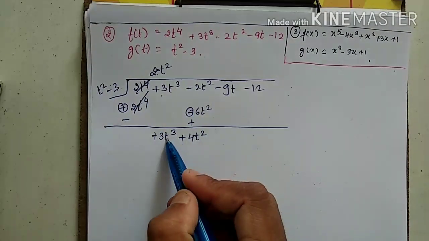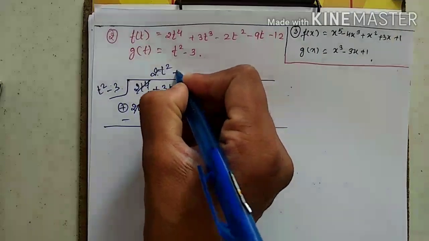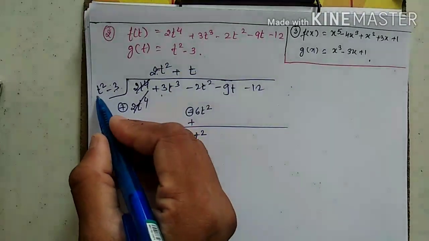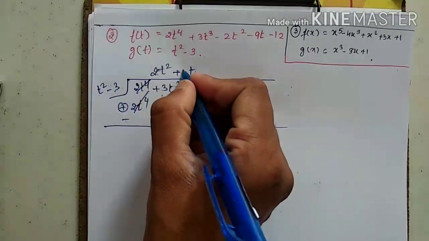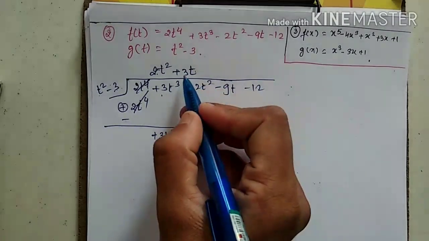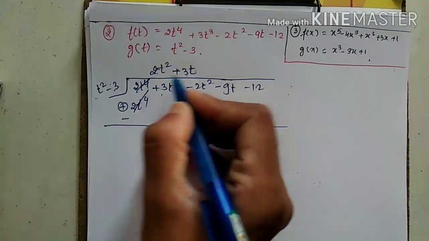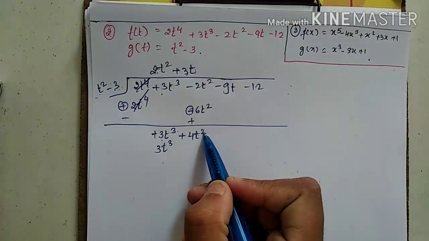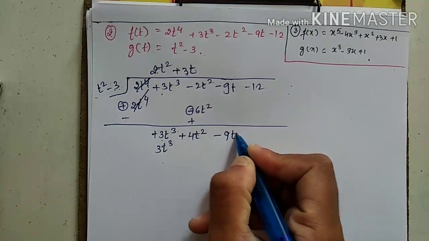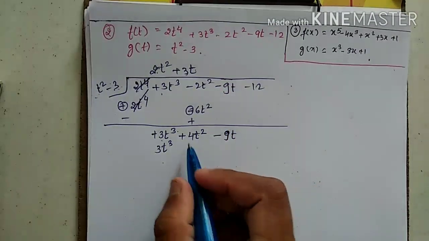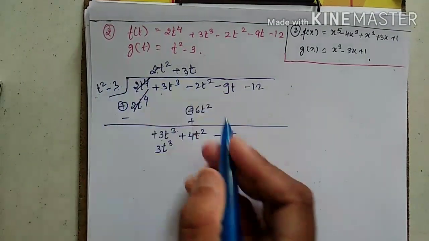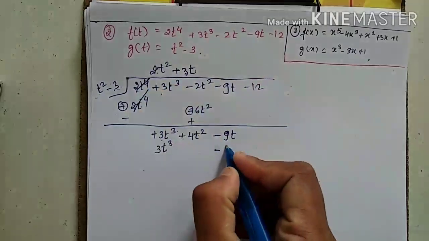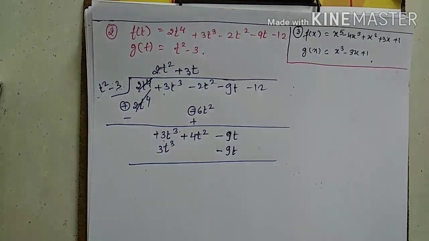Now come to the next. Here is t square and here is t cube, so I have to multiply plus t. And one more thing I have to multiply: here is 3, here is 1, so I have to multiply 3. Now 3 ones are 3t cube. 3 threes are 9t. Here is square, so I have to take another number down and just check. I am getting that one only. Positive, negative, negative. 3 threes are 9t. Is it clear? Correct or not?